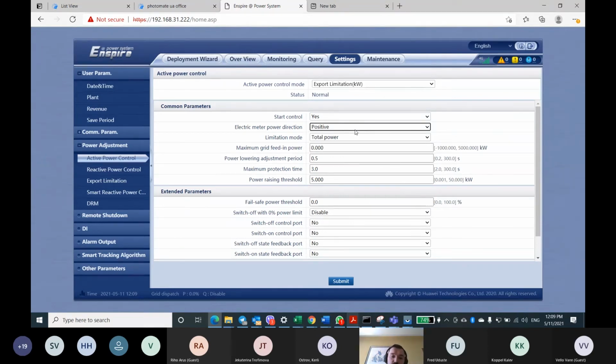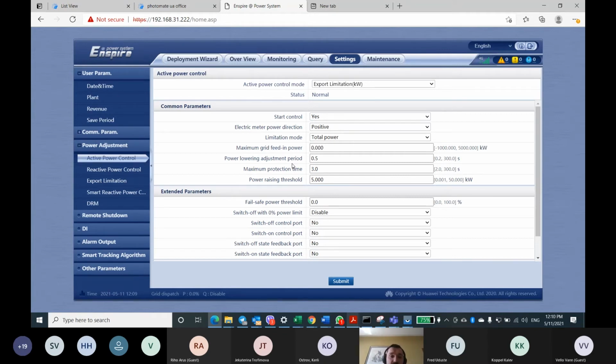Later on, I will show you how to check whether this function works correctly or not, with this power direction flow. The next one is limitation mode. I already explained, this is total or single phase. You need to choose it here. The next one is maximum grid feeding power. If you want zero feeding power, just leave it at 0. If you have some limited value, for example 20 kilowatt, you can put 20 kilowatt here.